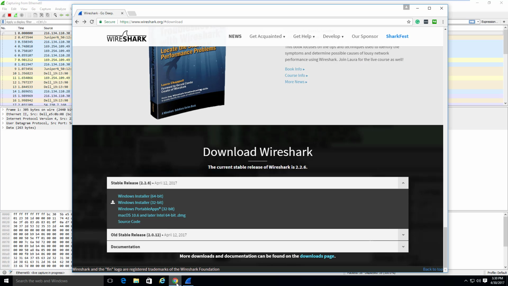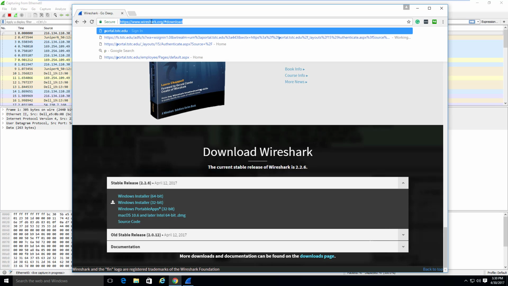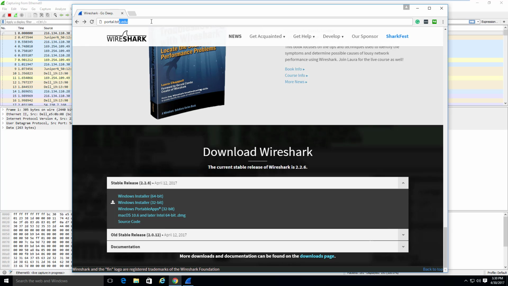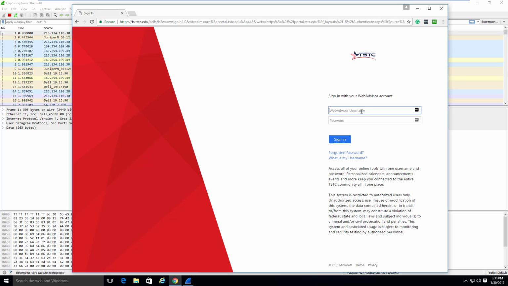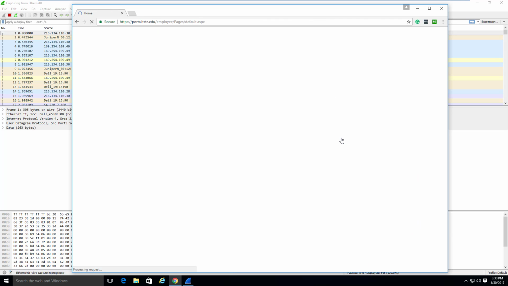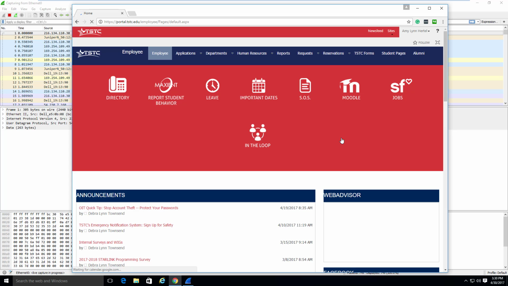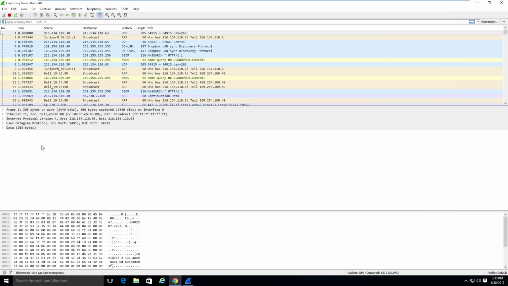I'm going to go over to Google Chrome, type in portal.tstc.edu. I want to log in with my web advisor credentials. So this is me using HTTPS to log into a remote server. I'm going to click sign in. And I've been able to successfully sign in, so I'm going to go back to Wireshark and click the green